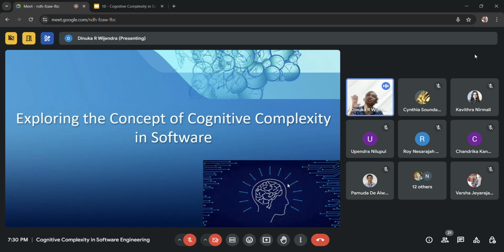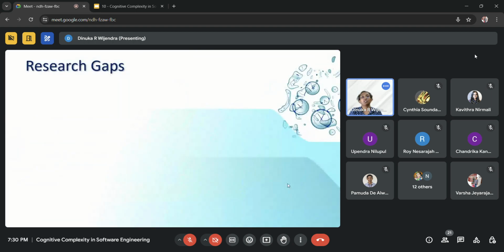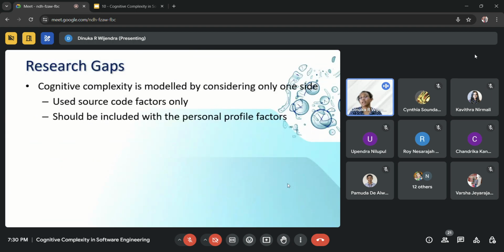So I have scoped down some parts, and I have given those things as research topics, like BSc projects, so that I can explain what I have done in a very abstract way, so that you can identify some of the research parts which have to be continued, because I didn't do everything. So these are the research gaps that I found in my PhD work.